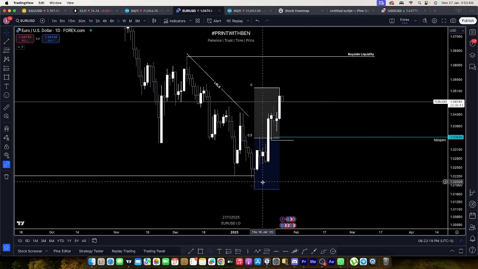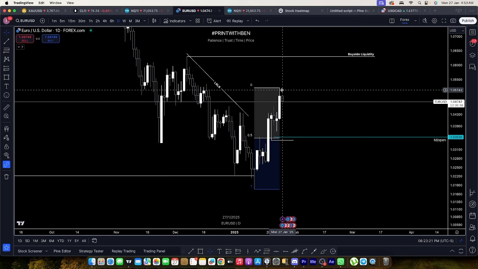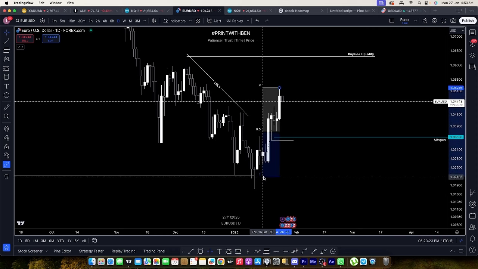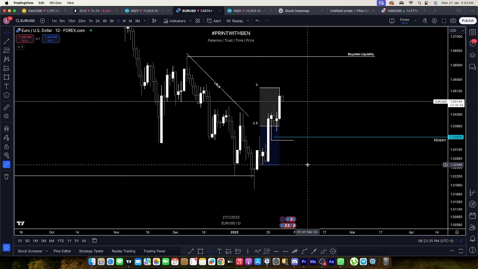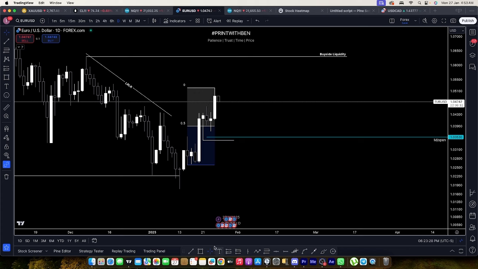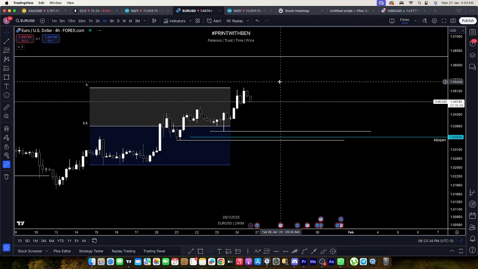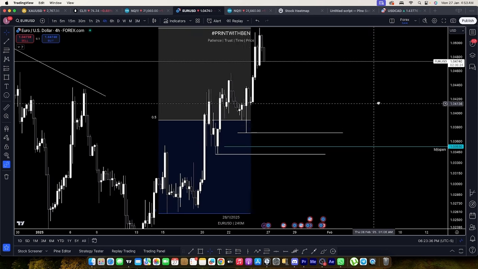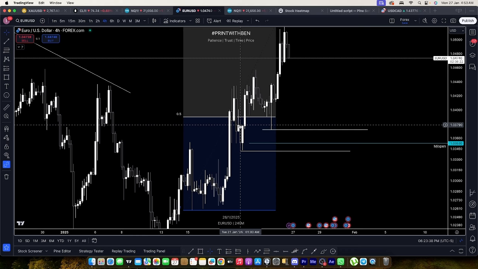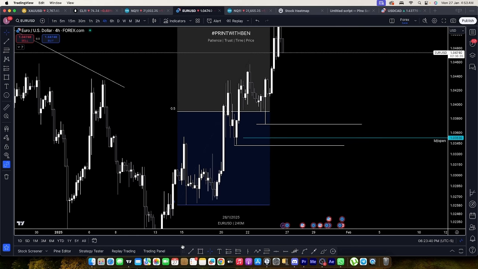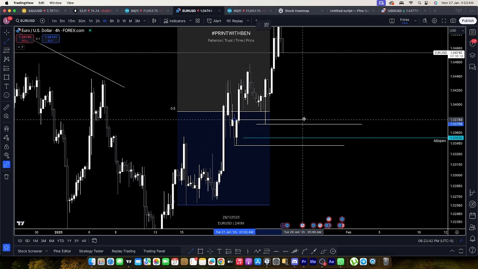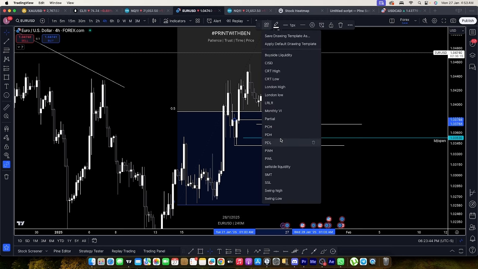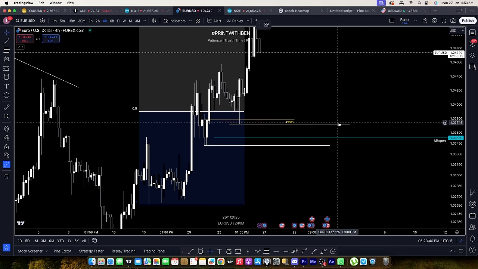Look here, this is my turtle soup and this is the price leg, right? Now I can take this from here as well. If I take this, I'll have this low. So is there any key level in this low? If I go into a 4-hour time frame, I'll see, okay, there is an imbalance right here and there is an order block, right? So I'll probably monitor both of these levels and then trade according to that.